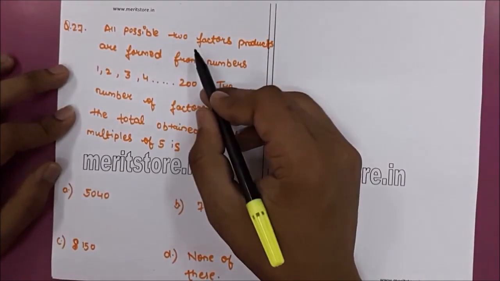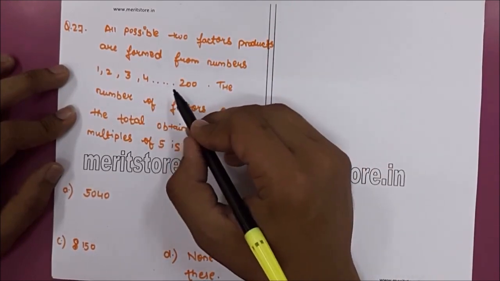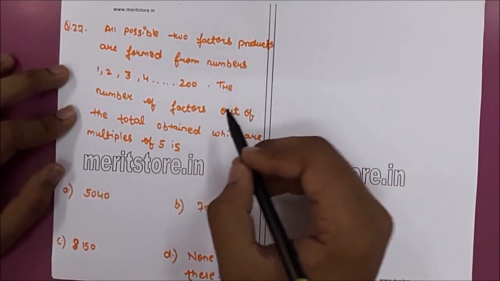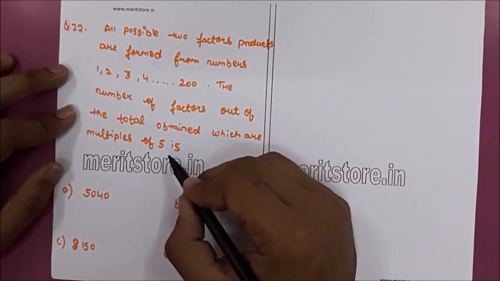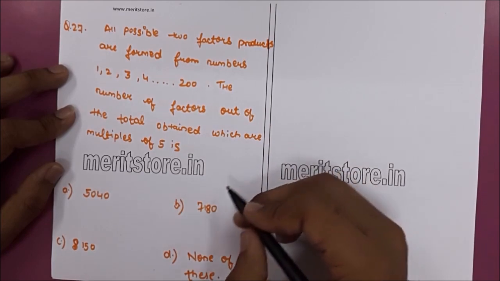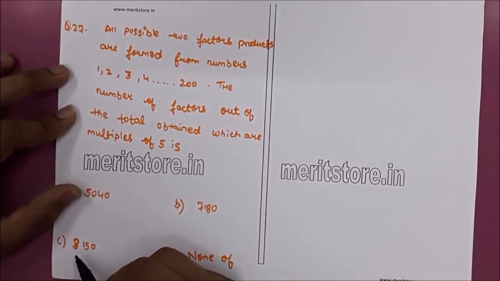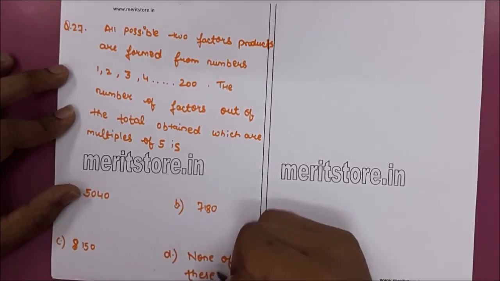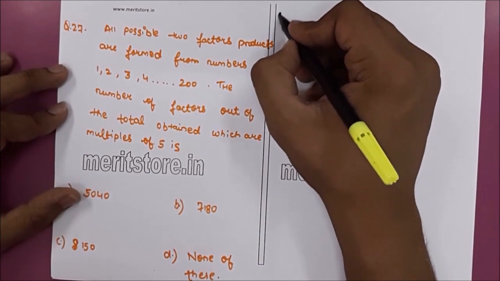All possible two factor products are formed from numbers 1, 2, 3, 4 till 200. The number of products out of the total obtained which are multiple of 5 is option A 5040, option B 7180, option C 150, option D none of these. Therefore, solution is